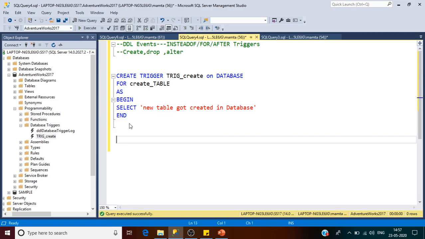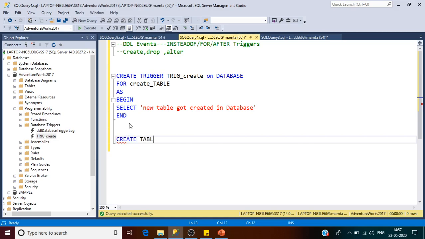We need to check whether this trigger is working fine or not. This trigger is created on the create operation. That means whenever we create a new table inside the database, this trigger will be invoked.